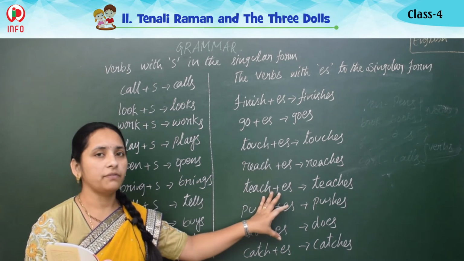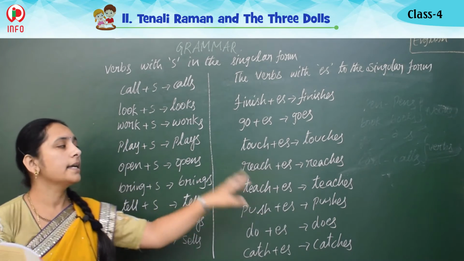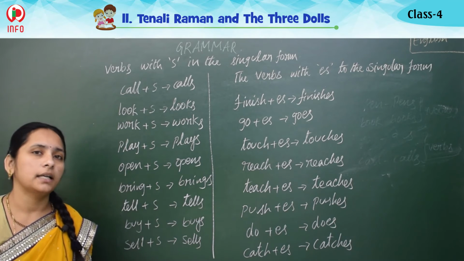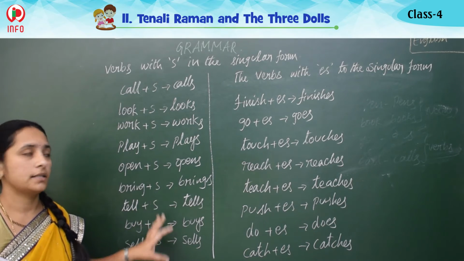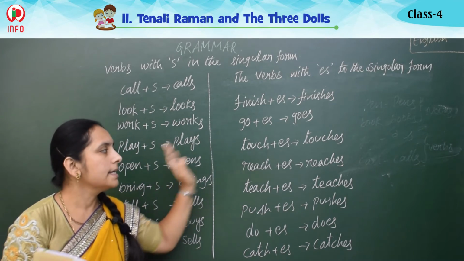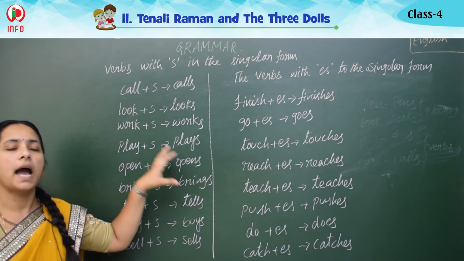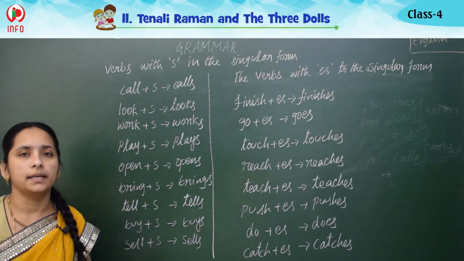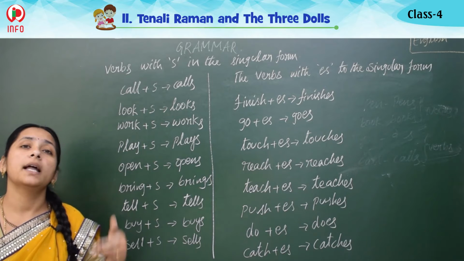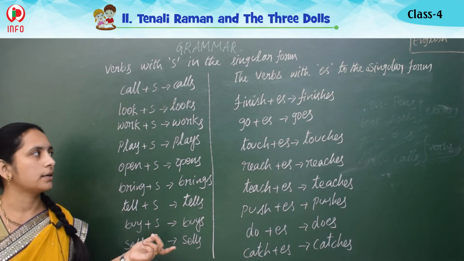So without change of any word, without missing any letter, directly we have added es. Here s, here es. But some words miss some letter and add a new letter also. That kind of verbs now we can see. So understood all of you this? Just for the s or es, for the V1, how do we get it? This we have seen. So here there is no change in the spelling of the word by adding s or es. But some verbs, a letter is missed and a new letter is added for adding s or es. What kind of words are those? Let's see that one.